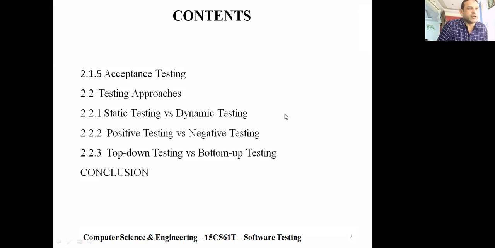Then we need to discuss, somebody define static testing. Manually checking the code. Somebody else. In static testing, the code is checked without executing it.